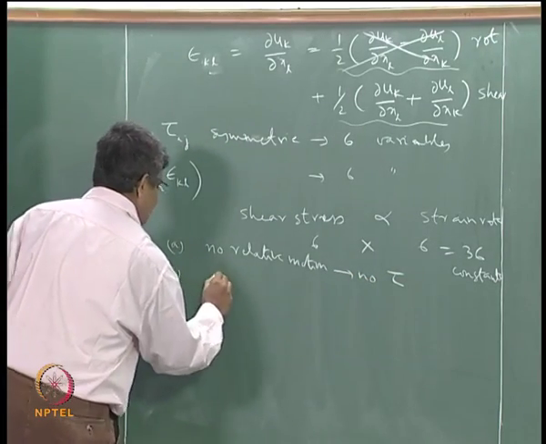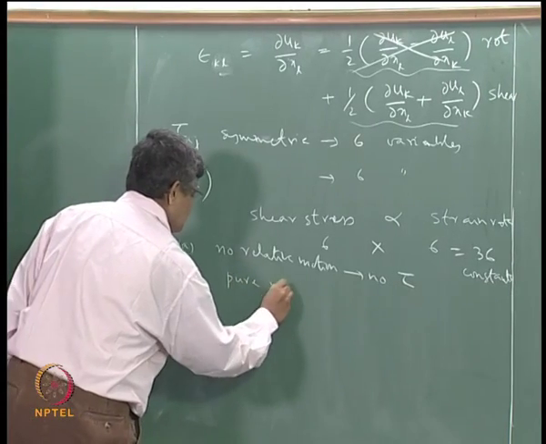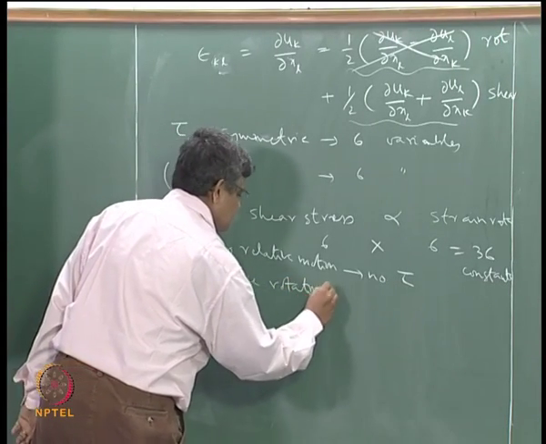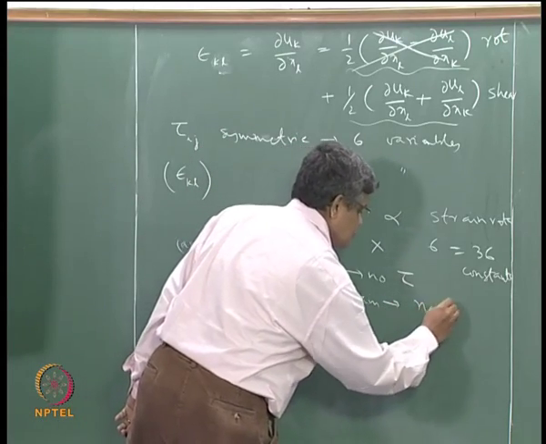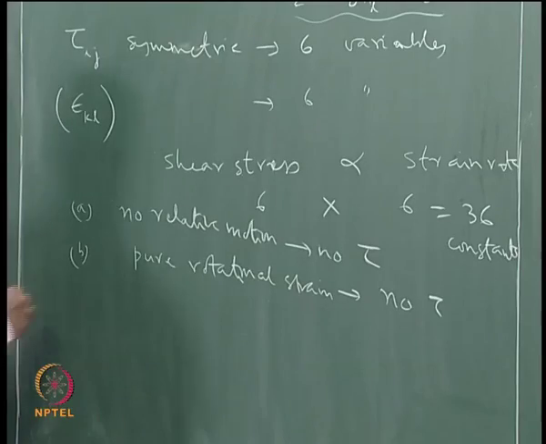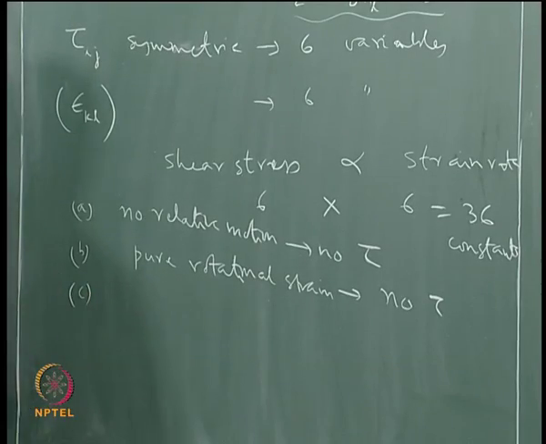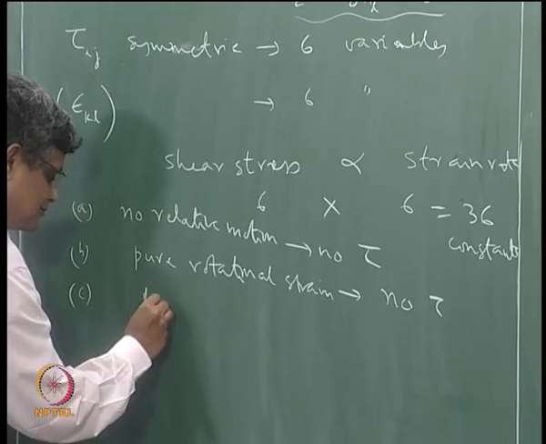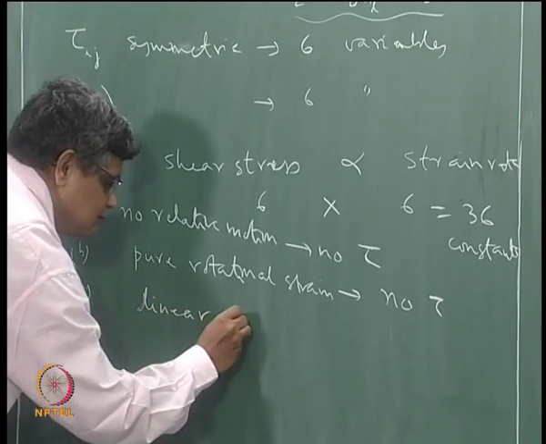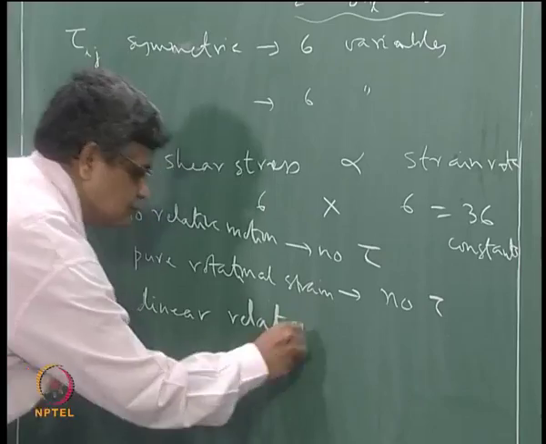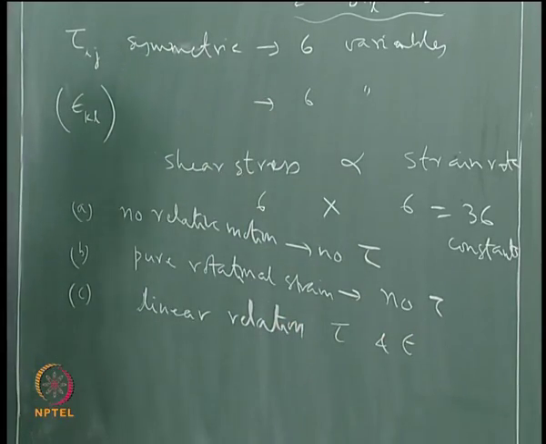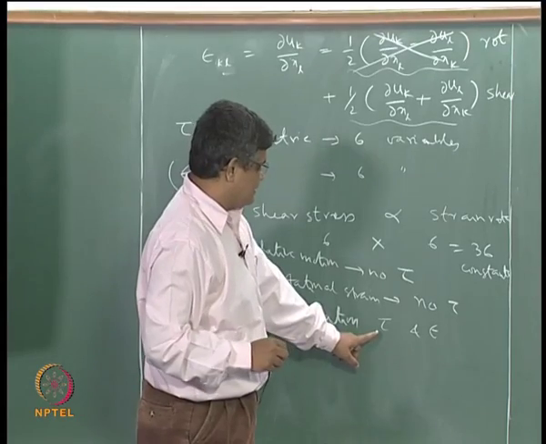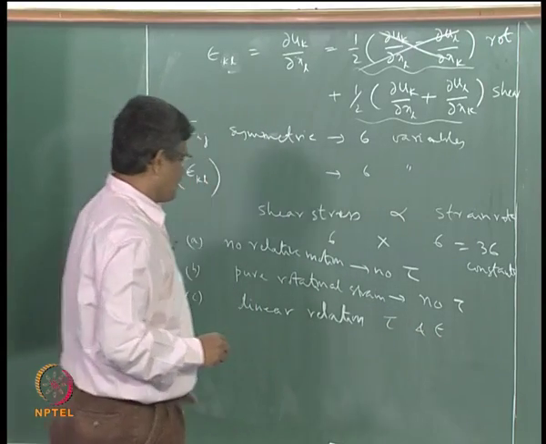The second is pure rotation, pure rotational strain, no tau, and the third is that a linear relation between tau and epsilon, which when it is between two symmetric tensors will mean that